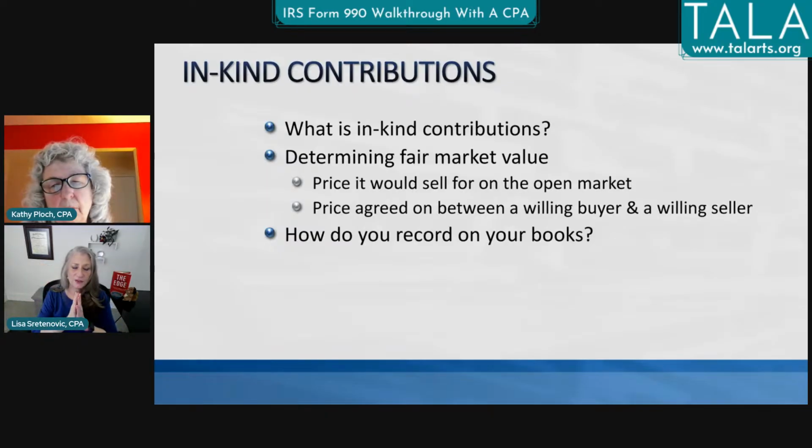What you want to think about is that your total administrative costs, your management and general costs, should be somewhere between 10 and 20% of your overall revenue. If you're paying $300 a month to somebody to do your bookkeeping, that's going to be a very large percentage of that amount.